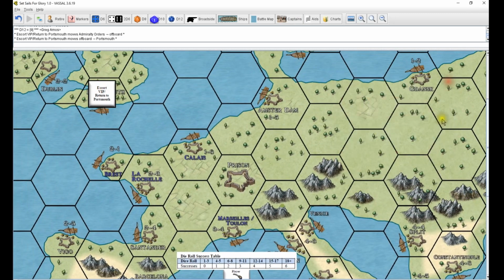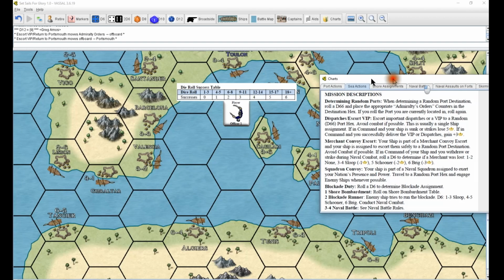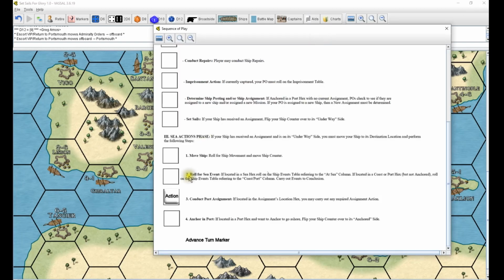All right, we're going to have to start getting some guys fighting here. Get some points for us. All right, that's going to take us to sequence of play, anchor and port. We had to do that. I almost would rather not even use the points for that because